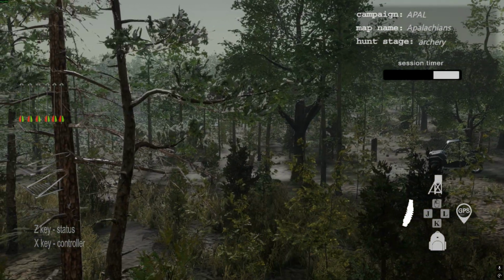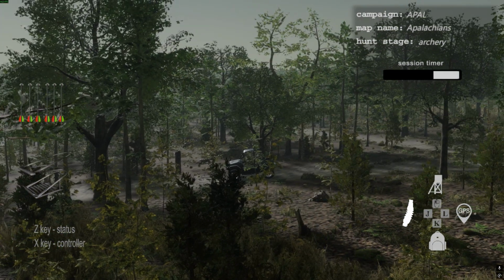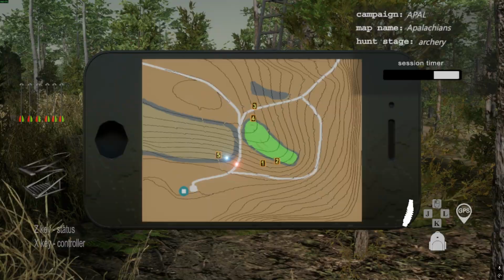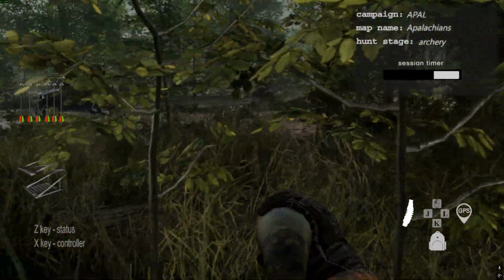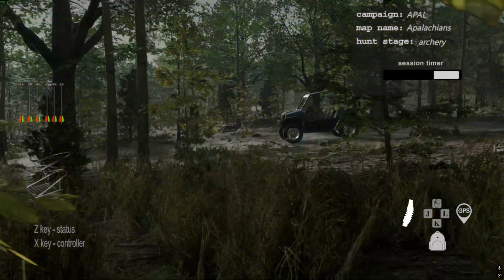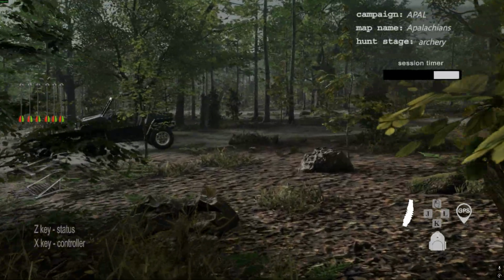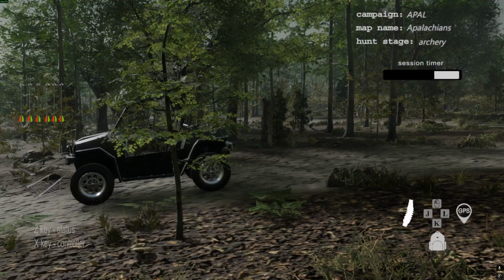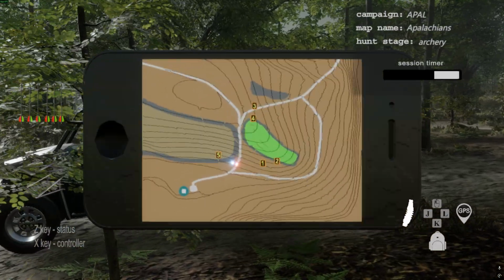Might be leaving this day empty-handed. What do we have here? Maybe we're gonna go to 1. Oh, why did I do that? I'm not even gonna take the buggy. I'm just gonna walk. I'm gonna get over here where these heavy trails